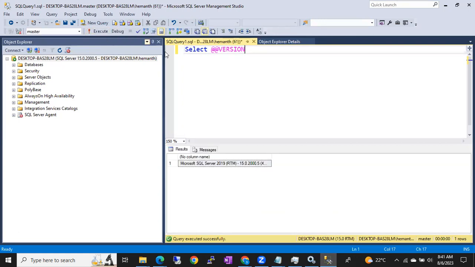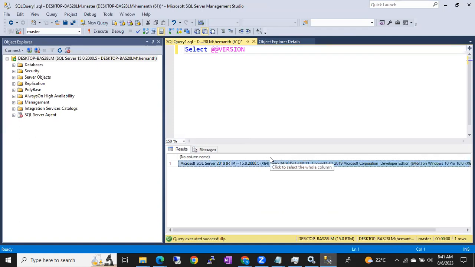If you run the same command and keep your cursor here, you will get a double line cursor. Double click here. You can see Developer Edition in the output. There is no separate query to find out the edition of the SQL Server. You can use SELECT @@VERSION, and in that output itself